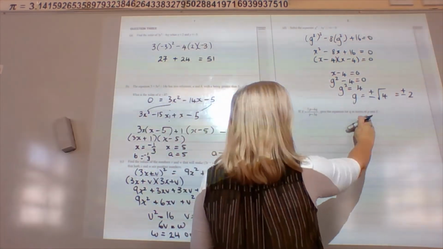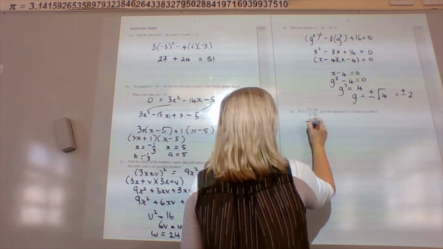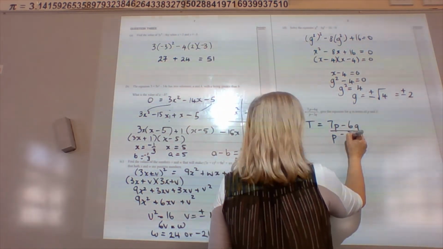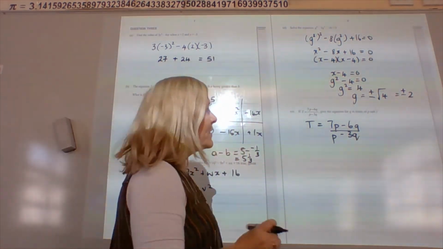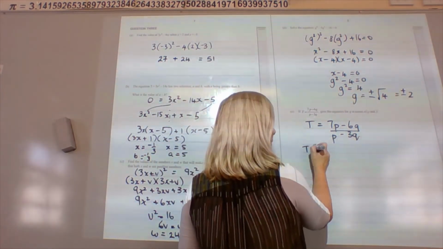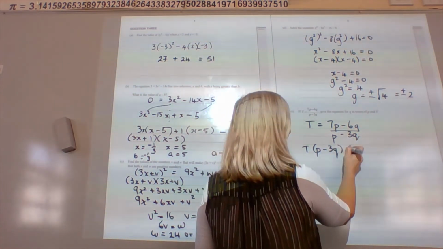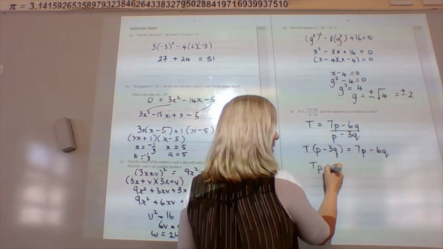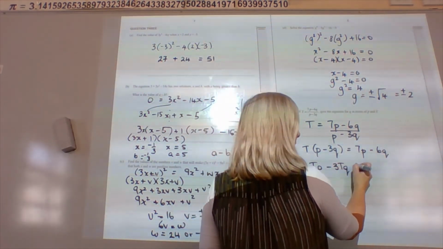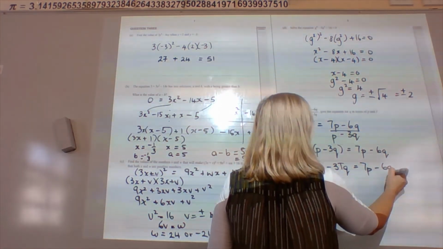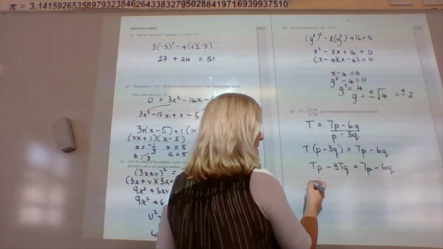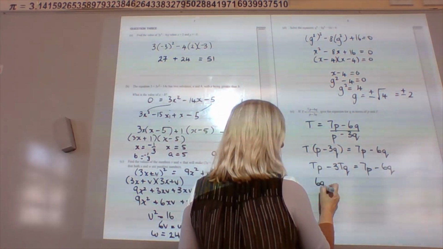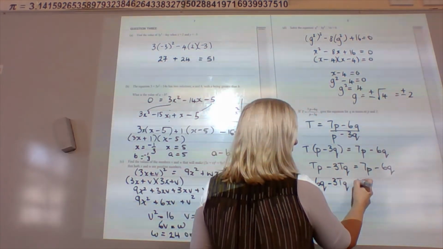Okay, we're rewriting this to be Q equals. So we've at the moment got T equals 7P minus 6Q over P minus 3Q. You'll find this in my tricky rearranging video. So we multiply this through like that. And then we multiply out the bracket. So we get TP minus 3TQ equals 7P minus 6Q. We want the Q's on this side, so we can take that over there and get 6Q minus 3TQ equals